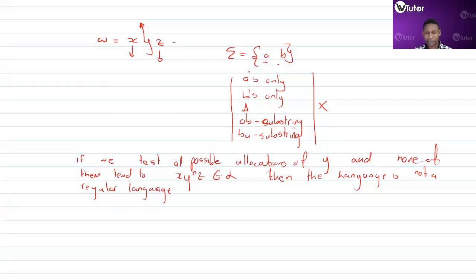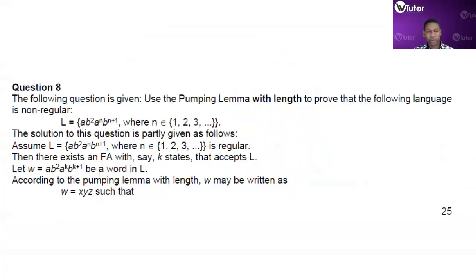So our task is simple. We list all the possible allocations of y. Then after that, we justify whether or not they will lead to the word x y to the power of n z being in the language. If yes, then regular. If not, then not regular. So before we look at a question, let's look at